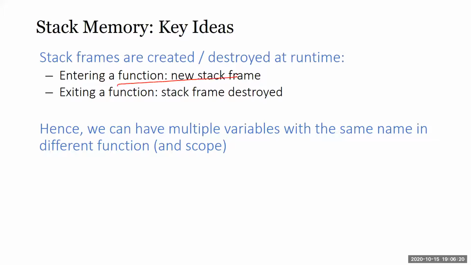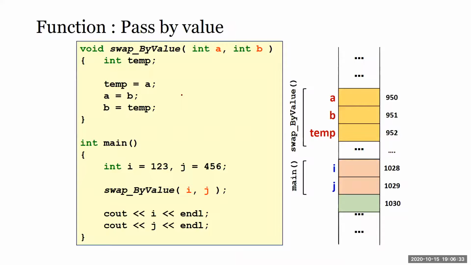In this case, every time you enter a function, a new stack frame is created. Every time you exit, a stack frame is destroyed. Okay, so that's why in scoping we can use shadow variables and all that, right? So basically, they occupy different portions in memory, in different stack frames. Okay, shadow variables, they create another, it's a mini stack. So to speak, it's not really the full stack. But again, there's a bit more detail.